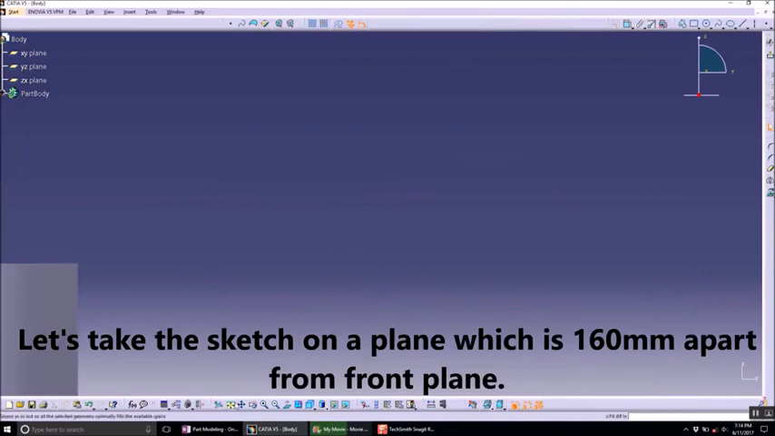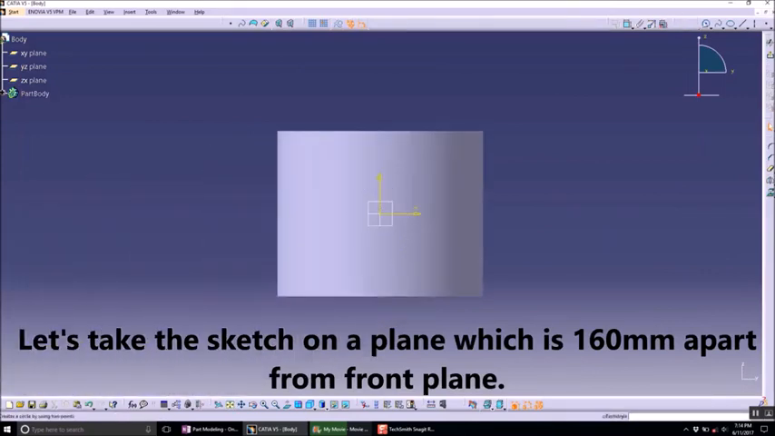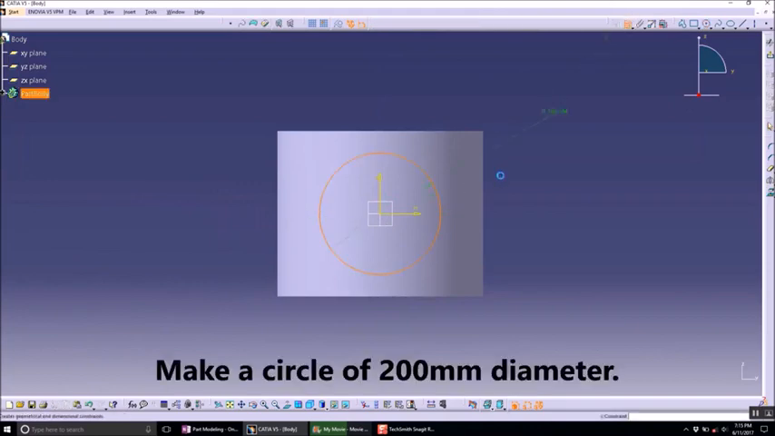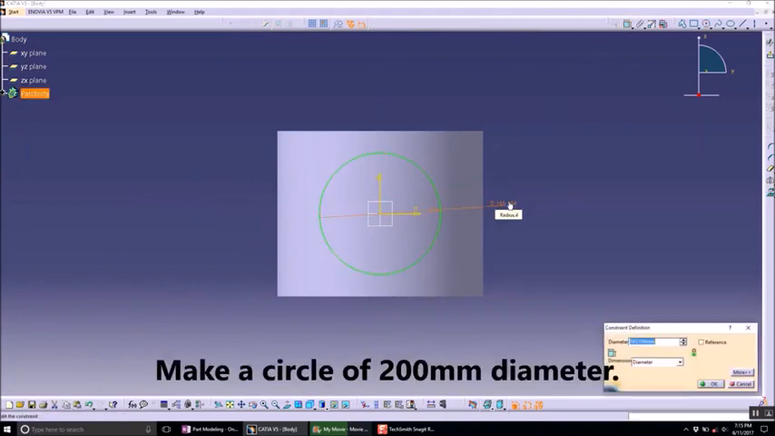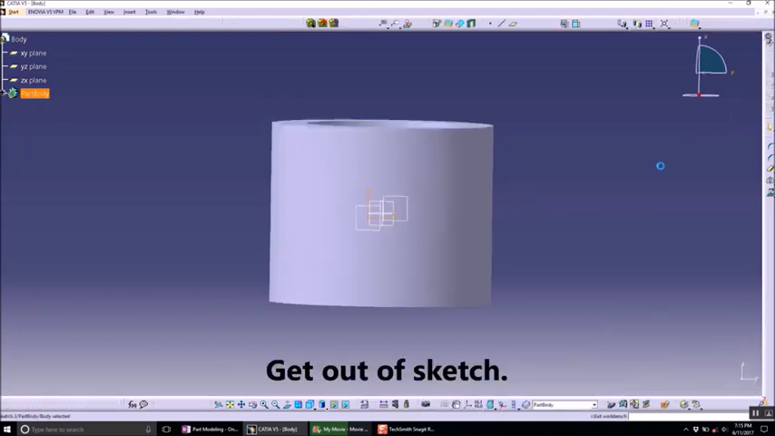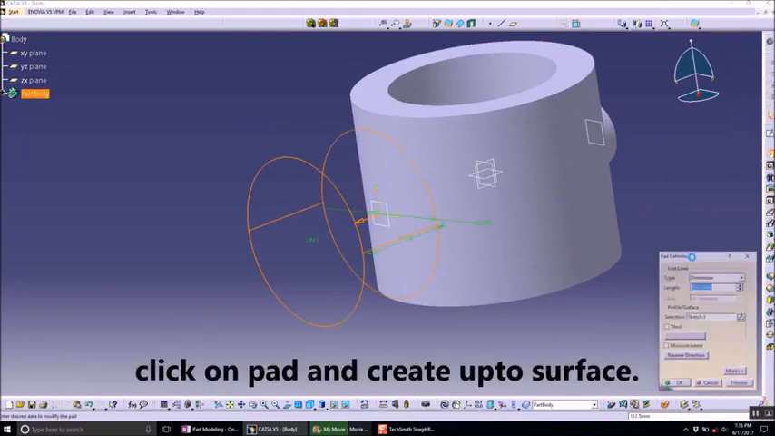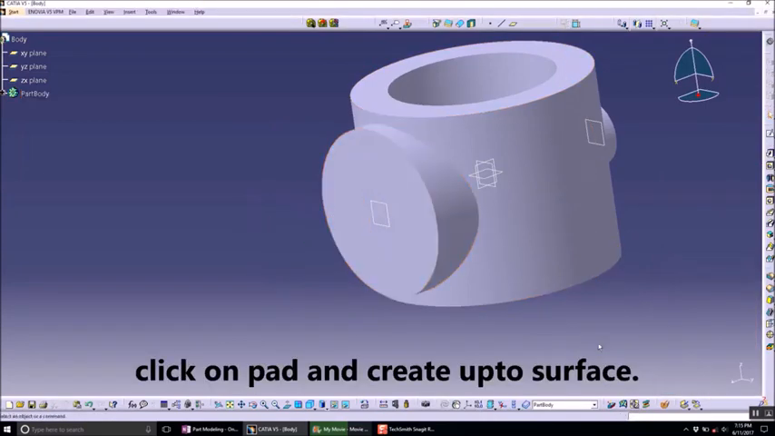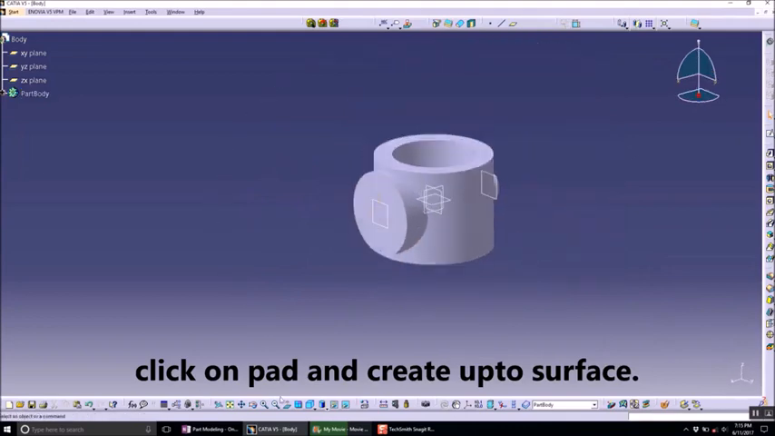Let's take the sketch on the other plane, which is at 160. Make a circle, give it a diameter constraint of, let's say, 200. Get out of the sketch, go to pad, go to up to surface, click on the surface, click the OK button. So this